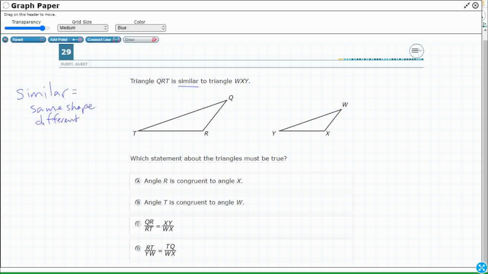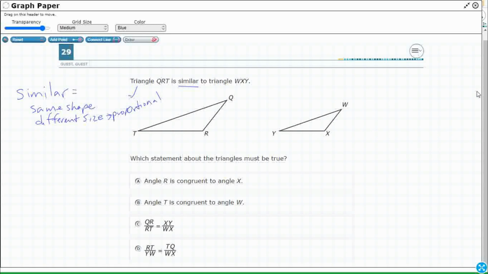So we've got congruence, and it's like a photocopy. It's like the exact replica. But we're going to have a different size that's proportional, though. And so we can make some proportions. And you see those in our answer selections, C and D. We're going to either look at our angles, or we are going to look at our sides that are proportional. When we're looking at our angles, the angles are going to be equal,